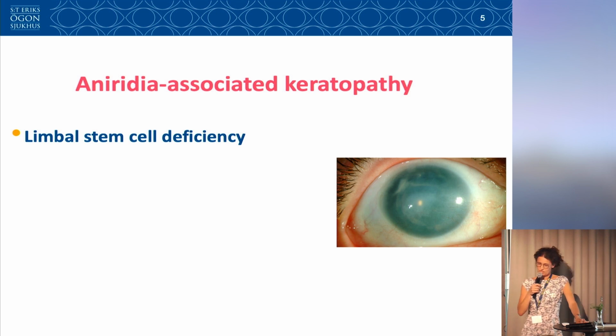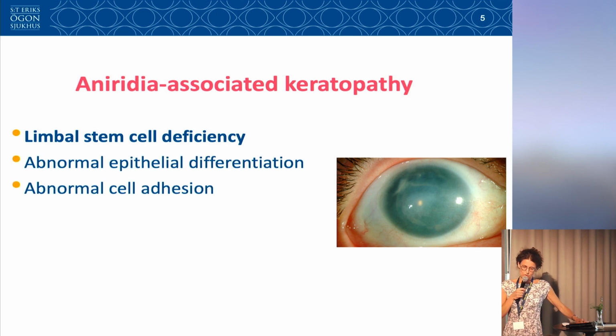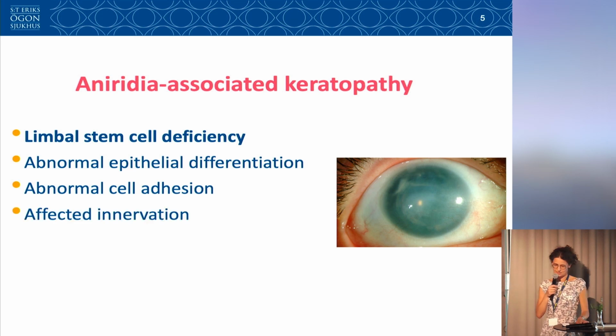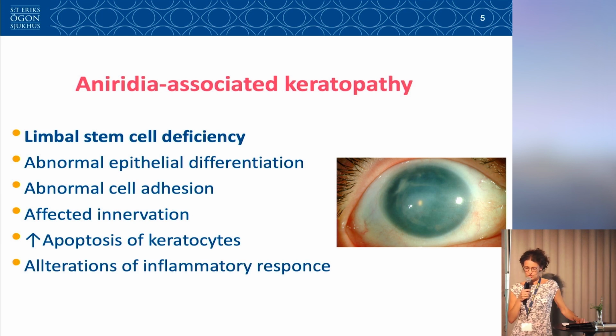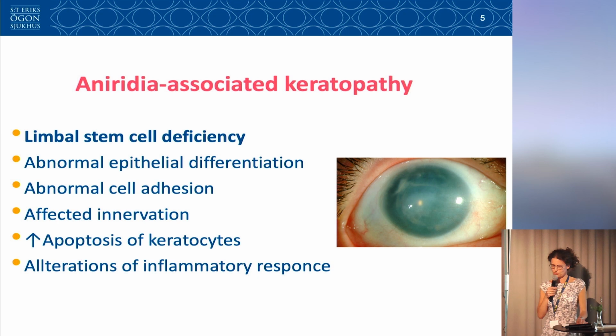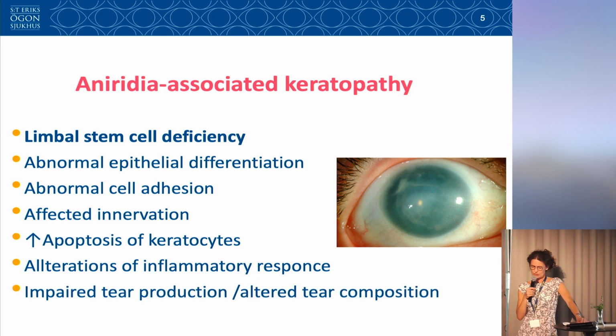So limbal stem cell deficiency is central, as we know, but there is also abnormal epithelial differentiation and cell adhesion. The innervation is affected. There is an increase in apoptosis in keratocytes. There are alterations in the inflammatory response, where the alteration in important enzymes will allow for the accumulation of fibrosis in inflammatory cells, and there is also impaired tear production and altered